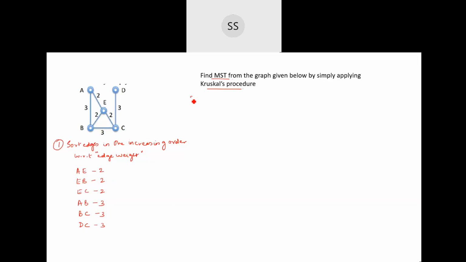Then the rest is the same as before. You will take the k value, that is for each edge we consider, and initially you set your c value to be equal to 0. Okay. Then we take one of the edges, that is the first edge, k is equal to 1. We consider the first edge, AE. What is the weight of it? It is 2. So with AE, we have not formed any tree yet.